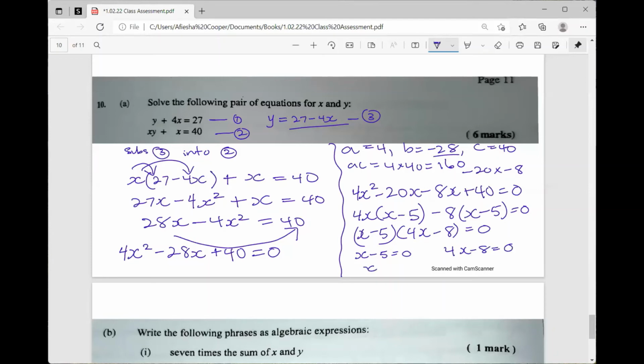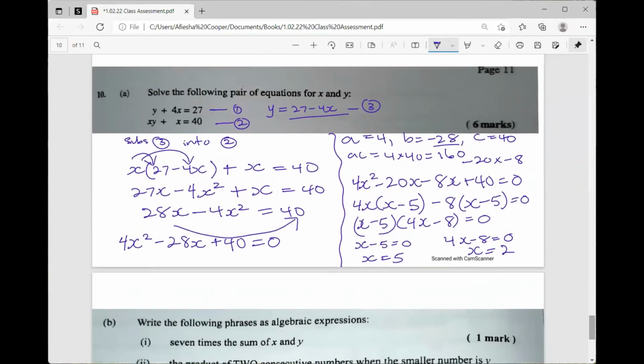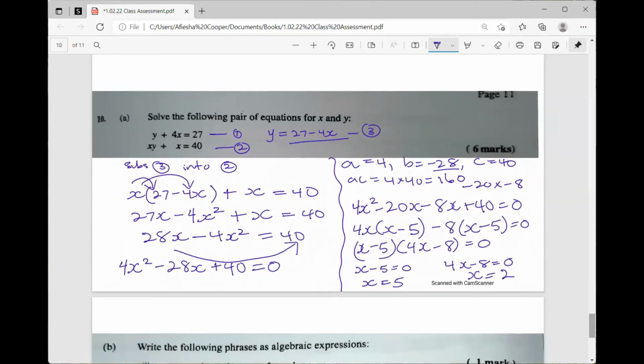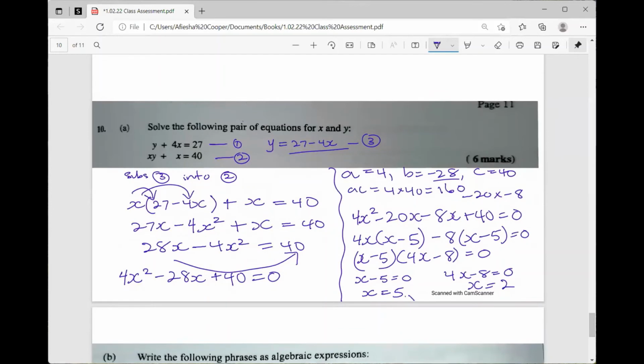What's the answer for the first one? X equals 5, right? And then this one is x is equal to 8 over 4, which is 2. So remember, you send across the 8 to add, or you add 8 on both sides. So 4x is equal to 8, and then divide by 4 on both sides, x is equal to 2. We are not finished. All we did was get the values of x, so now we call these 2 and 5. And now we have to substitute